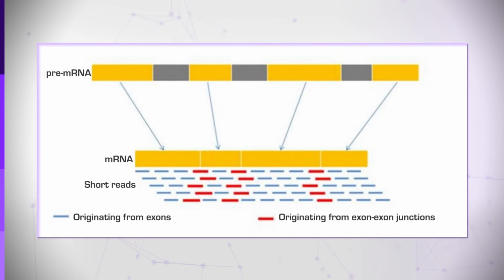Thus, a continuous RNA read may be derived from two different exons which are not continuous on the original DNA sequence. Special variants of the alignment procedure were designed to address this challenge. In fact, these methodologies also enable us to study alternative splicing, a process in which the same gene can, under certain conditions, produce more than one, and often several, different transcripts that may lead to different proteins.